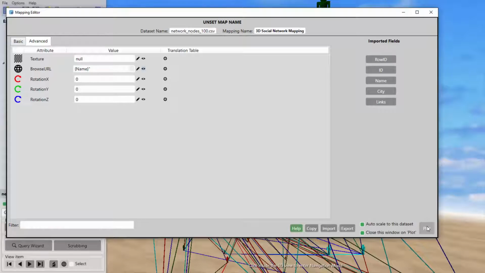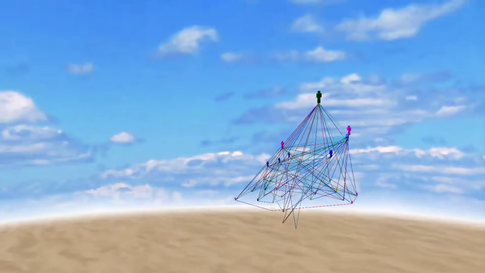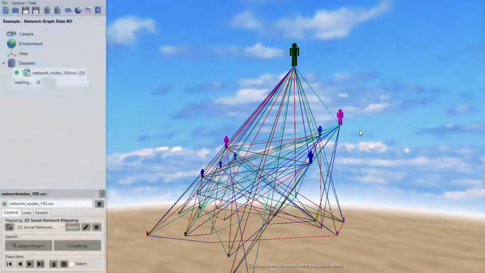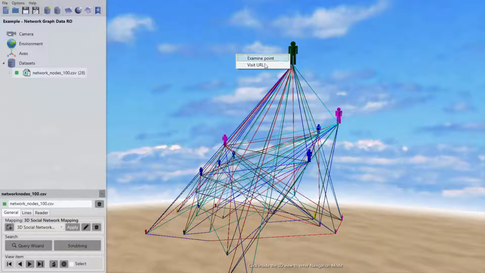And if I now plot this data, nothing obviously has changed on the visualization itself, but if I now want to know more about this person Taylor, then just as an example, all I do is right click, and you see as well as having examined point, I've now actually got visit URL. So click on visit URL,